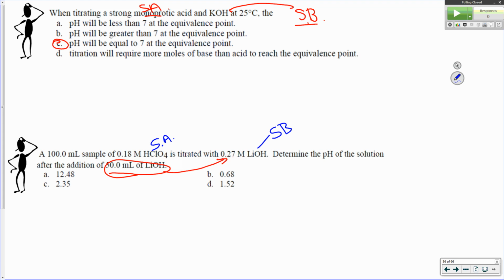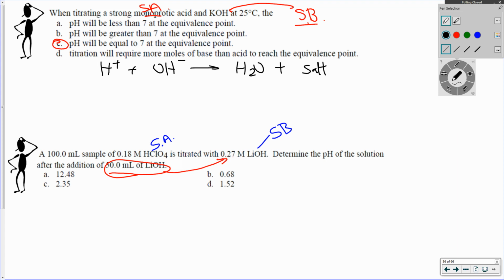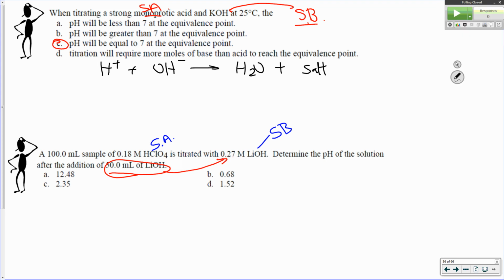So in this reaction, what's occurring, and I'm going to write above it so I have room, is this is a strong acid, strong base titration. It's going to form water and a neutral salt. So I need to find out what are the moles of each one of the compounds. Okay, so concentration times volume. So I've got 0.8 molar times 100. So what is that? 18 millimoles